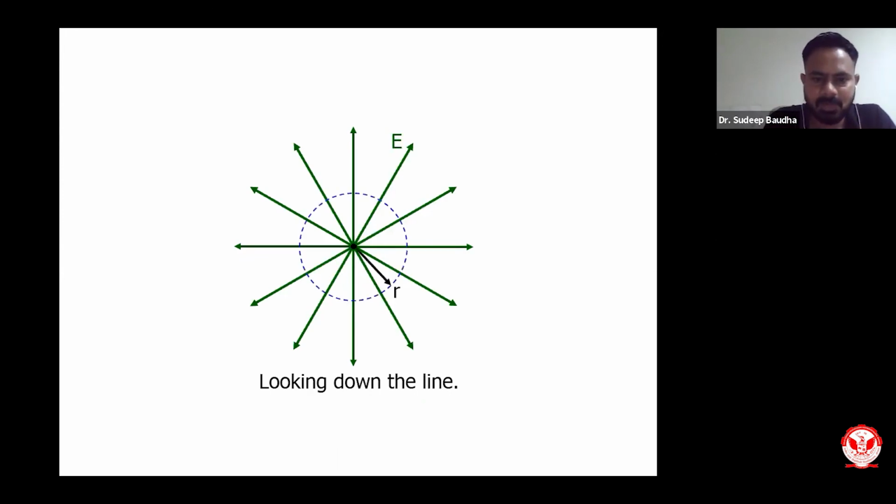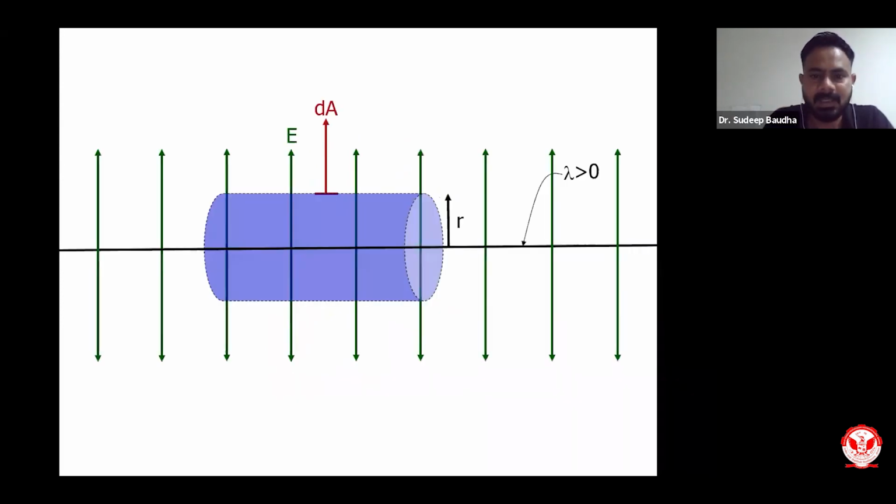So what I will do, I can simply take a cylinder again in this case, and I can have an area which is in the radial direction. R is the radius, and again I can find the electric flux on that particular cylinder and equate it with respect to the total charge enclosed, and I can write it in terms of electric field. That is what I can do.